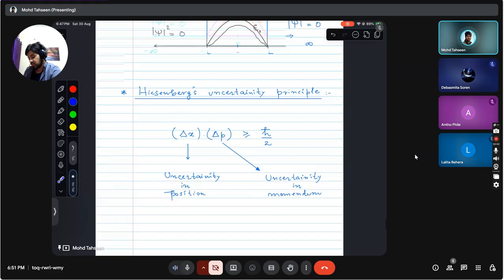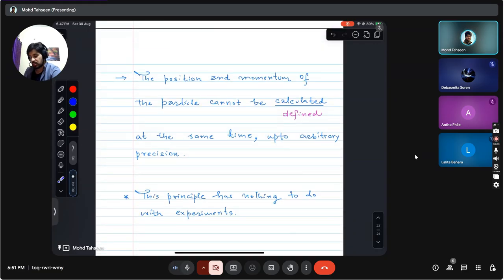So the point here is it's the lack of definition, not the lack of measurement, right? It's not because we are limited by powerful enough instruments which can give us a very high resolution position or momentum of the particle. It's a fundamental property of matter that it obeys this uncertainty principle, and we cannot even define what it means for an electron to have, let's say, a particular position. Okay, we can always talk in terms of probability, because there is always an uncertainty involved, and the same holds for momentum as well.